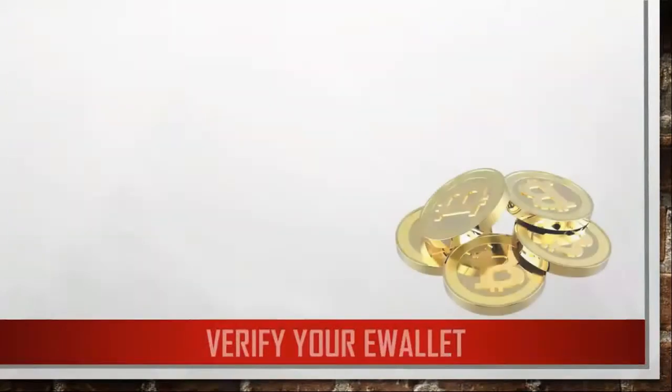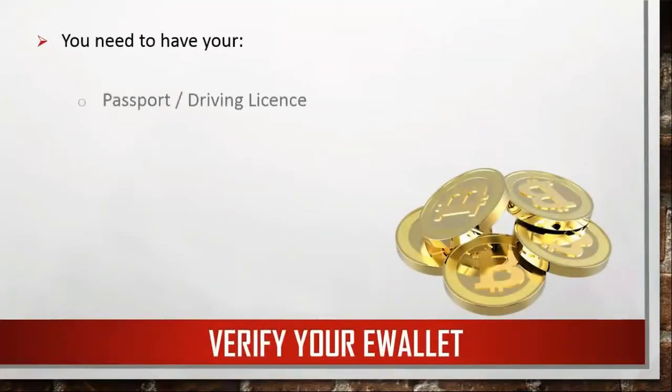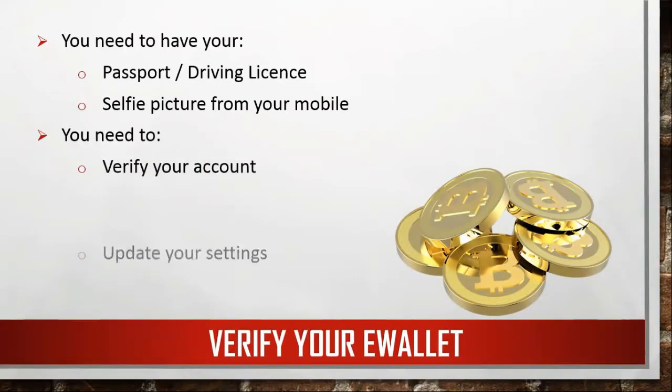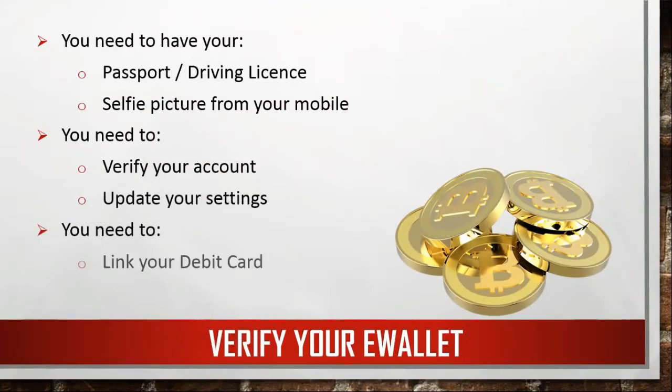a number of different ways that you can do that. Now, with your custodial wallet, you will always need to verify your e-wallet with the exchanges. Okay, so they will ask you for your passport or driver's license. You'll need to take a selfie from your mobile, so you do your verification using the mobile phone app that they provide. So make sure you do download the correct app for the correct